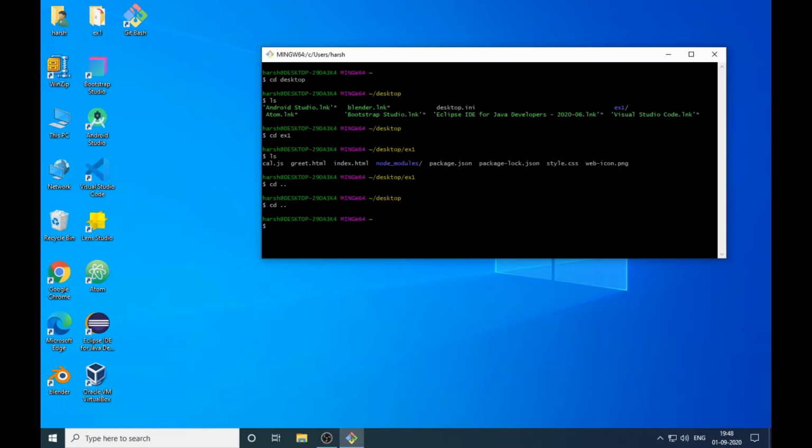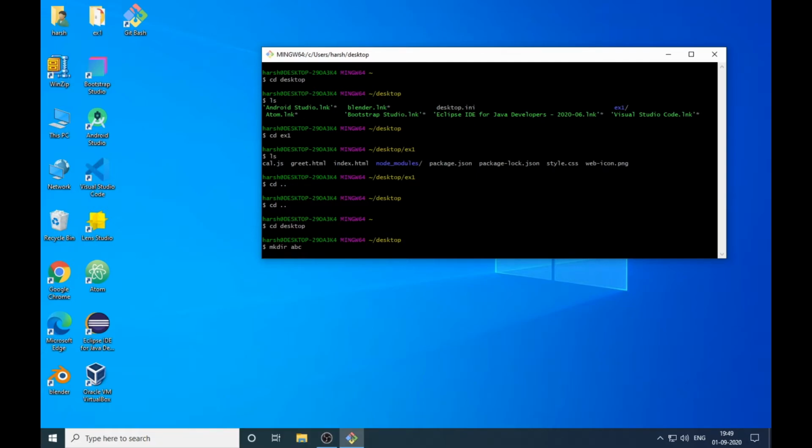Alright, so here we have cd dot dot. Now right now I will just make the files and folders on the desktop, so I am on the desktop right now. Okay, so the next thing is to create a folder. To create a folder, we have mkdir. So what does it mean? mk means make, dir means directory. It means make directory. So I write the command mkdir and abc. What it will do is make a folder named abc on the desktop.